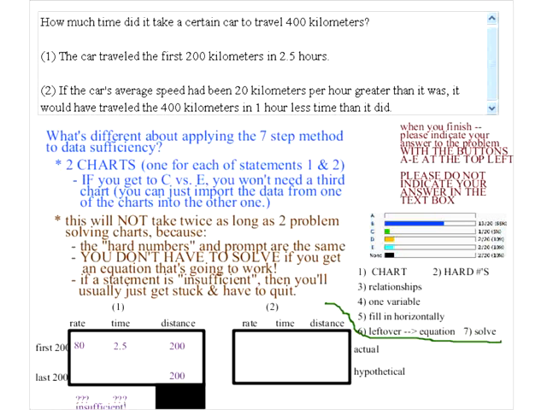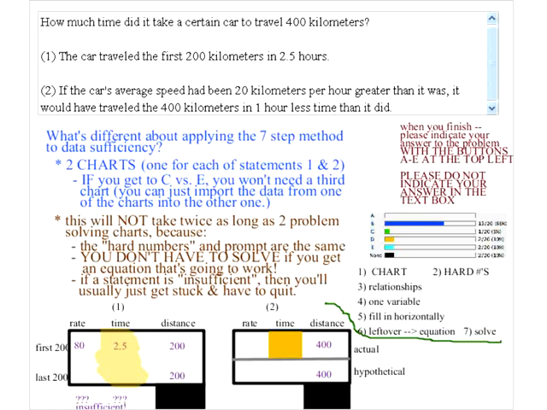Okay, because what you want is the total time. So that would be the sum of these. Here all you want, by contrast, is a little bit different. In this case, what you are after is just the actual time for 400 kilometers. So hard numbers in this problem, the actual distance is 400 kilometers, and the hypothetical distance, because it's the same trip, is also 400 kilometers. So we don't need a relationship there because that's hard numbers.